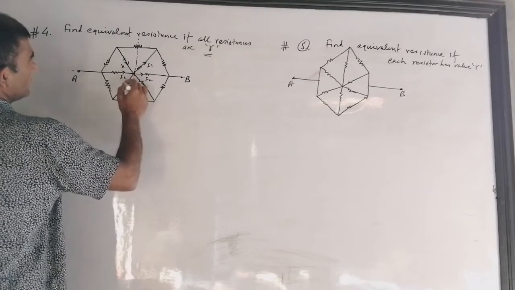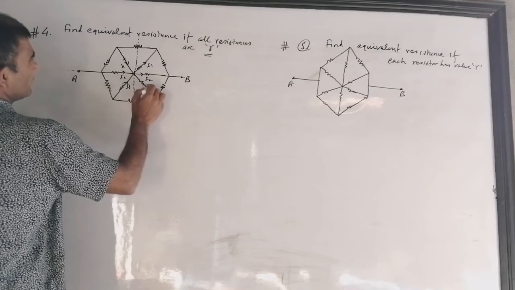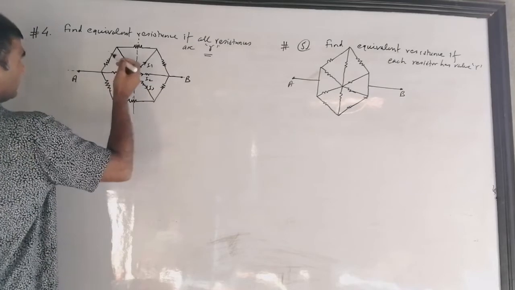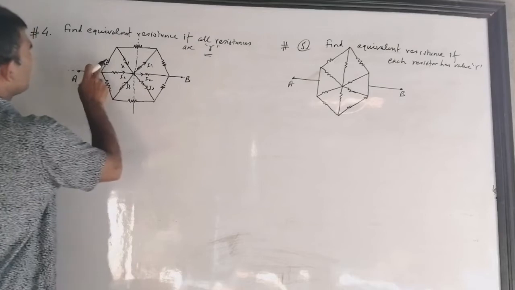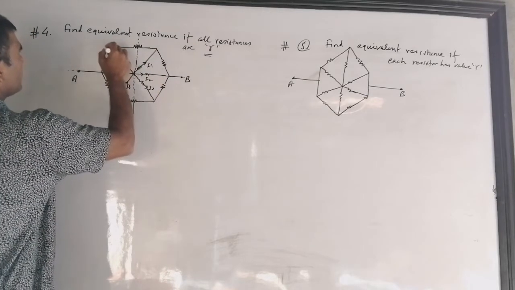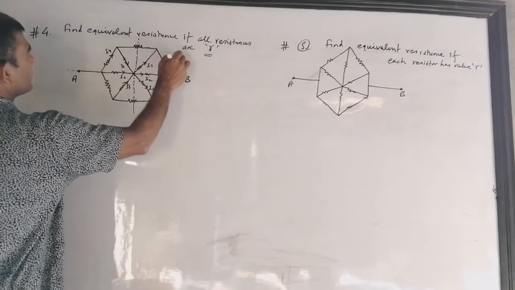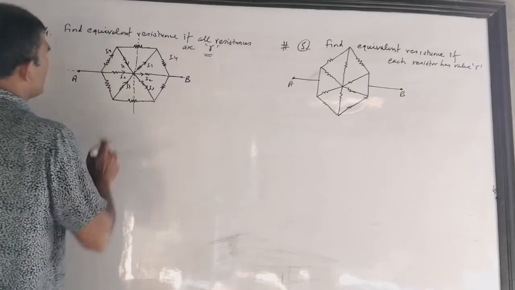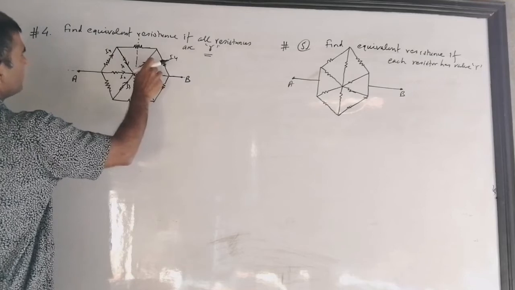And likewise, if you see this is I3, then this is also I3. And what should be the current here? How much current is going here? That much current should be here. So if I suppose I4, then this will also be I4. Okay, and so this is I1, I2, and here the same.